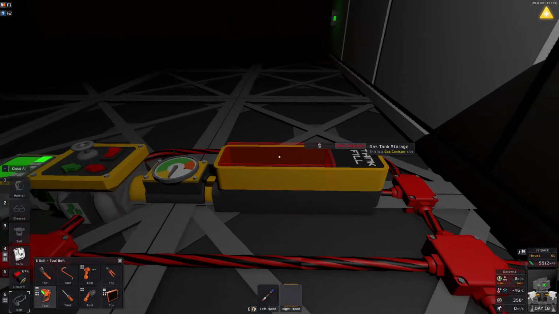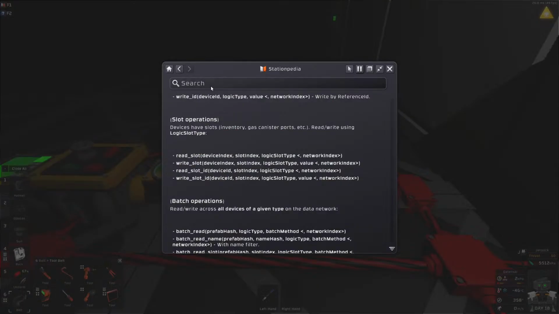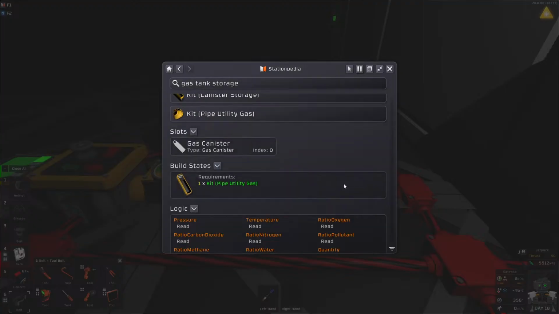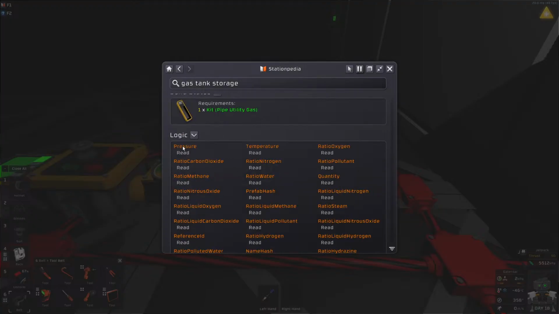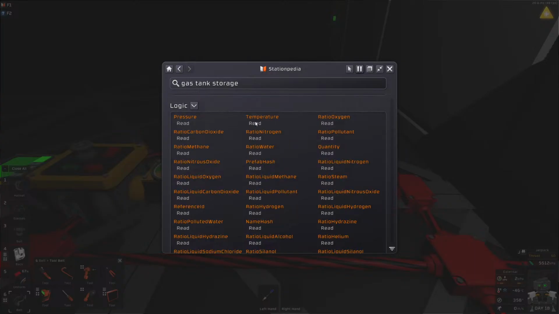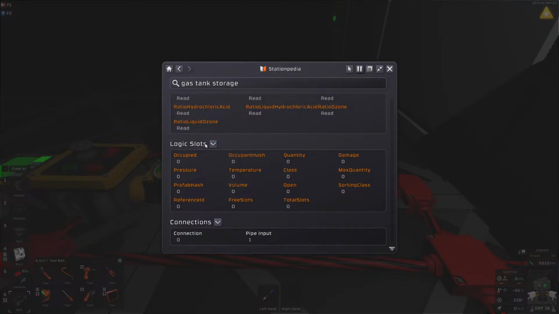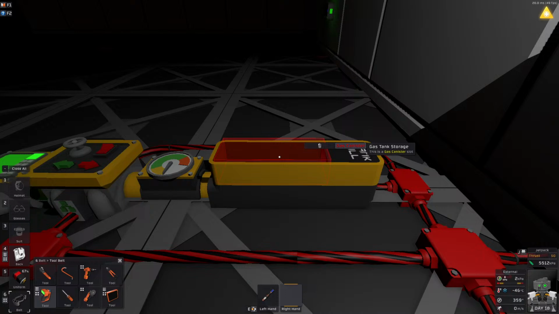Yeah, gas tank storage. And the gas tank storage, in its logic, has a pressure and a temperature. We don't care about the temperature here, we just care about the pressure. It also has slots, but the slots also have a pressure. Difference being, this gas tank storage has no storage of its own,